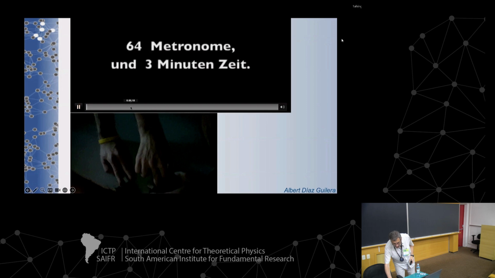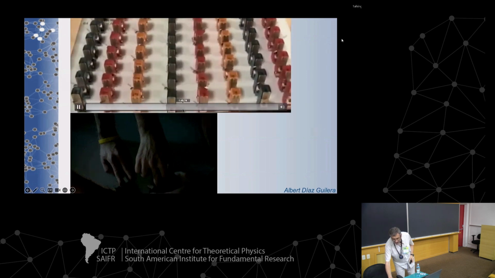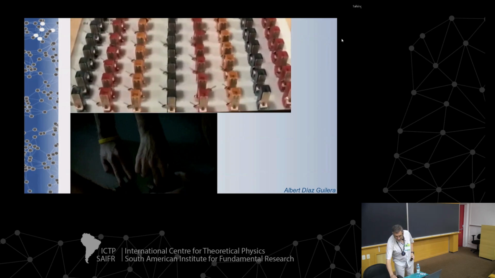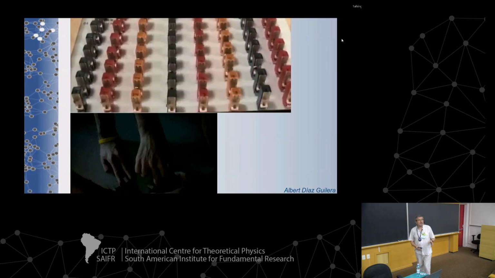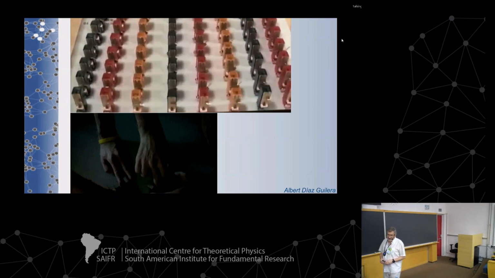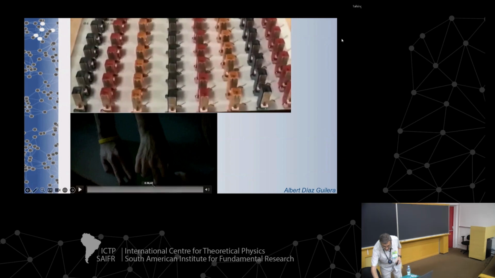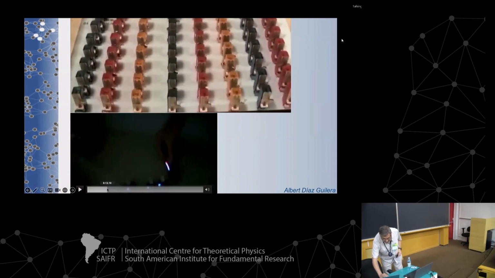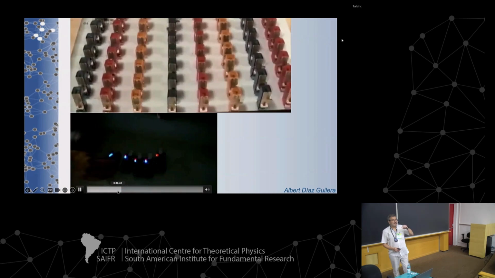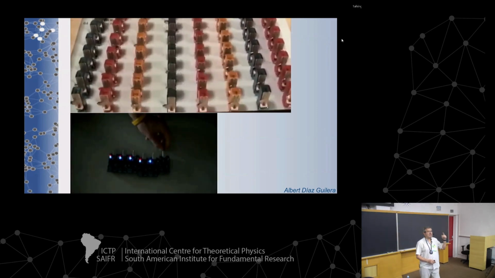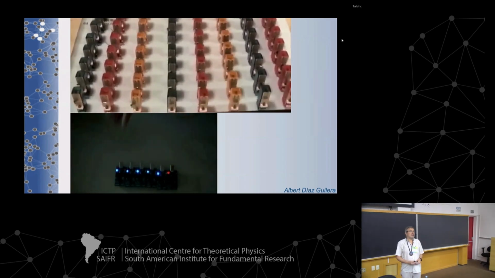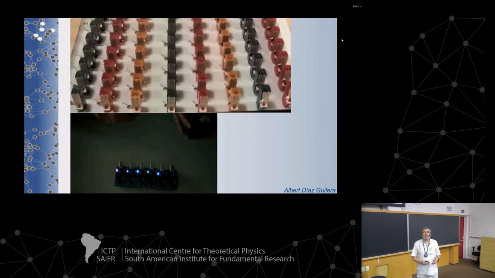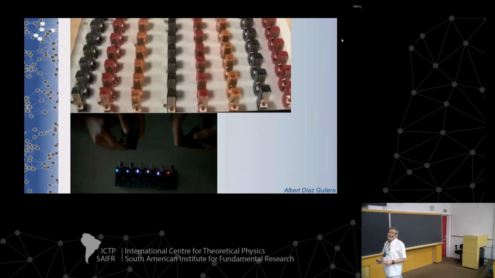Okay, so here I have, again, two short movies. The first one probably is very well known. It is the experiment with these metronomes. And you know that at the end, these metronomes end up making this motion completely synchronized, even if they start from different initial conditions. But, as I was saying, if you have systems that have a dynamical behavior, and then they have some sort of interaction, then the synchronized solution is not the only solution that you could expect. It depends on the microscopic rules that you define in your problem, which type of state you will attain.